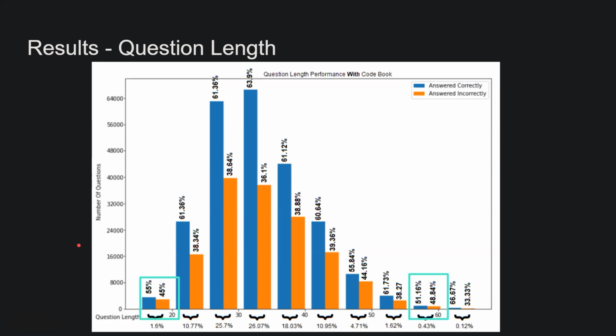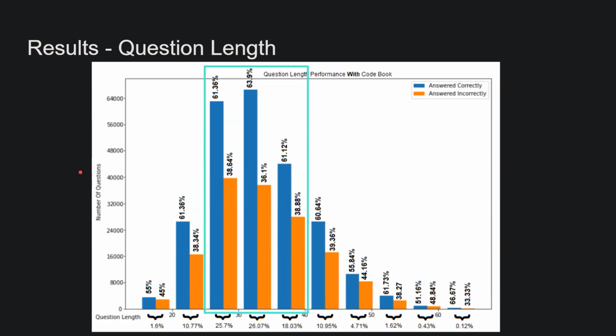This could mean that either too little information was given to the model to correctly choose an answer, or too many irrelevant words were given to the model and confused some activation layers. However, questions with character length of 60 or more performed the best with 66% accuracy, but we believe this might be an outlier since we didn't have that many questions with that length. Another thing to note is that even though most of the data set was formed with questions between 25 and 40, the model was able to generalize and kept the accuracy stable across the other ranges with about 61% accuracy.